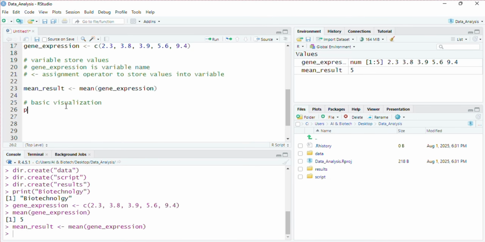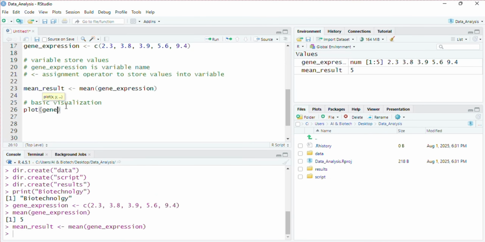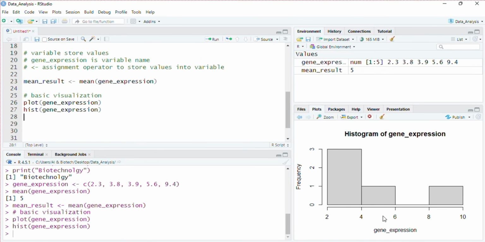Let's plot some simple plots. Insert the variable name gene expression. Here you can see it in the plot tab. Similarly, we can plot a simple histogram using the hist function, gene expression. Now the histogram has been created.